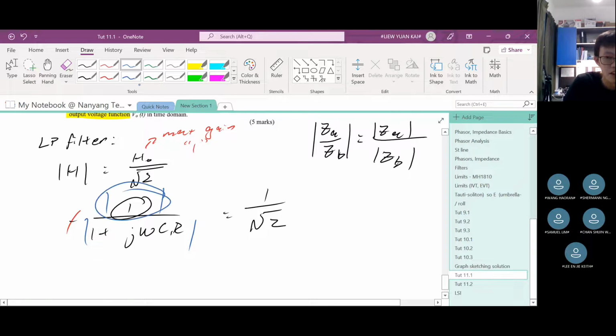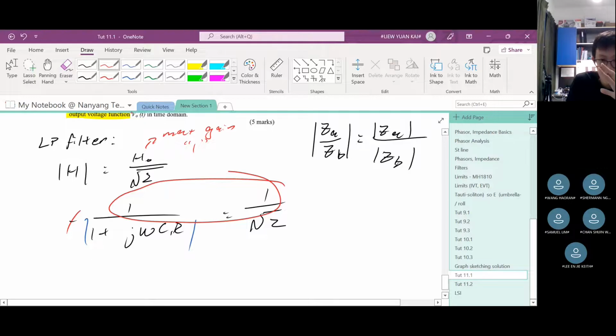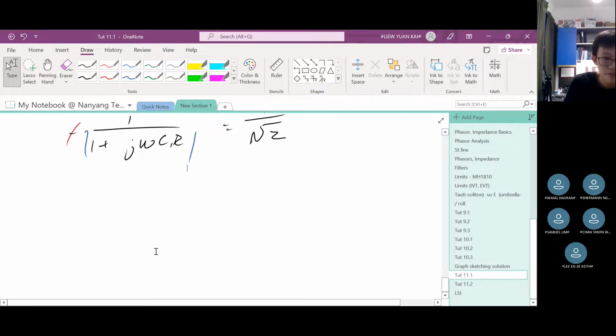But then what is magnitude of 1? It's just 1, right? 1 is already positive. So I don't need the top modulus anymore, right? And then since the top are the same for a fraction, the bottom are also the same. So I can equate the denominator, right? So equating the denominator, I will get modulus of this complex number